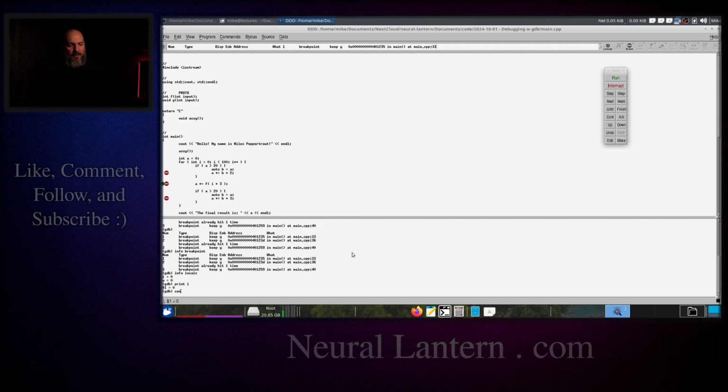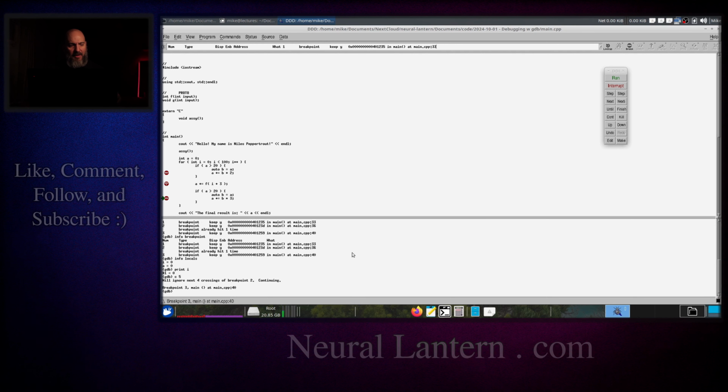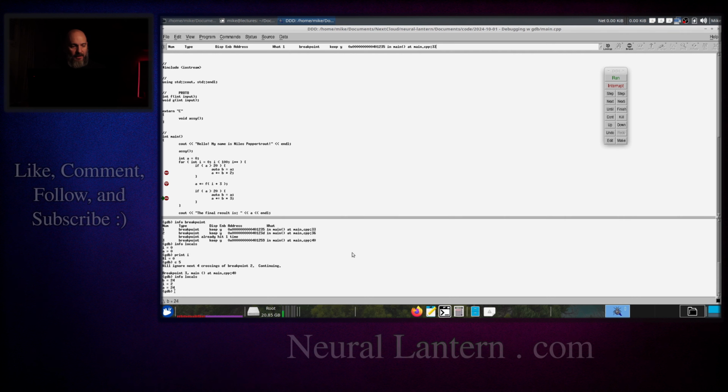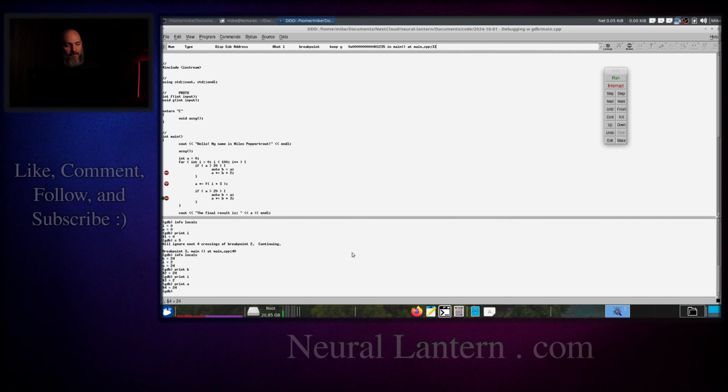I'm going to hit continue 5 to skip the next 5 times this breakpoint gets hit. Now the next breakpoint that gets hit is this other one over here. I can do the same thing, info locals. I can see the state of all my variables, what is B, what is I, what is A, whatever. And when I'm finished, I can say continue, and I can also modify my breakpoints